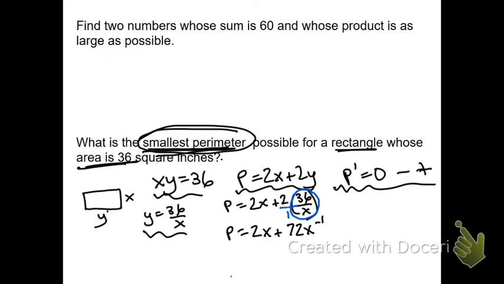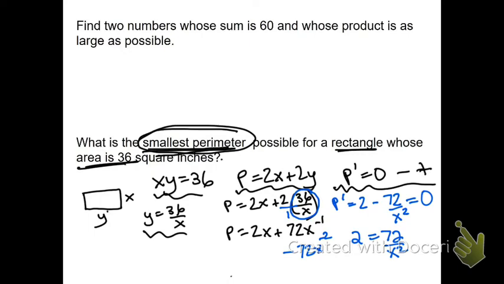Hit pause again. Okay, so there's my derivative. This was negative 72 x to the negative 2, so I rewrote it with a positive x squared on the bottom. Now, normally I'd say get a common denominator, and you can, that's fine. But since I don't really need to worry about the denominator in real world problems, usually, because if x is 0 and x represents the length of a square, you don't have a square. So because of that, you can usually just say equals 0 and not worry about the undefined. Solve that, move the 72 to the other side,